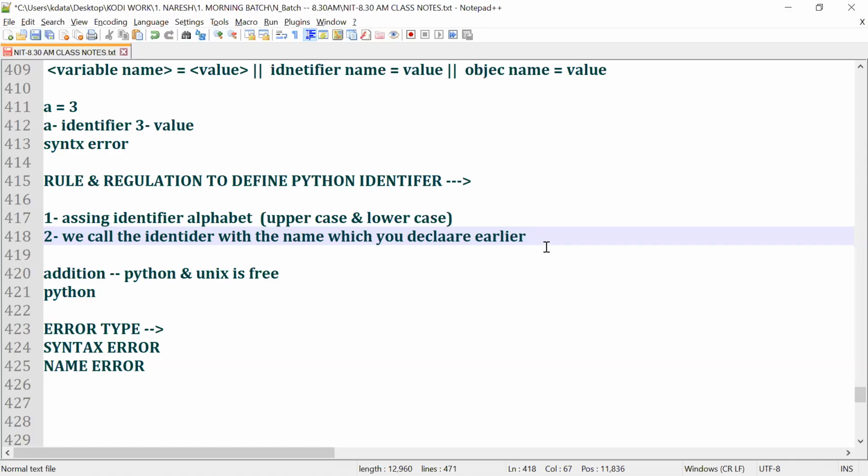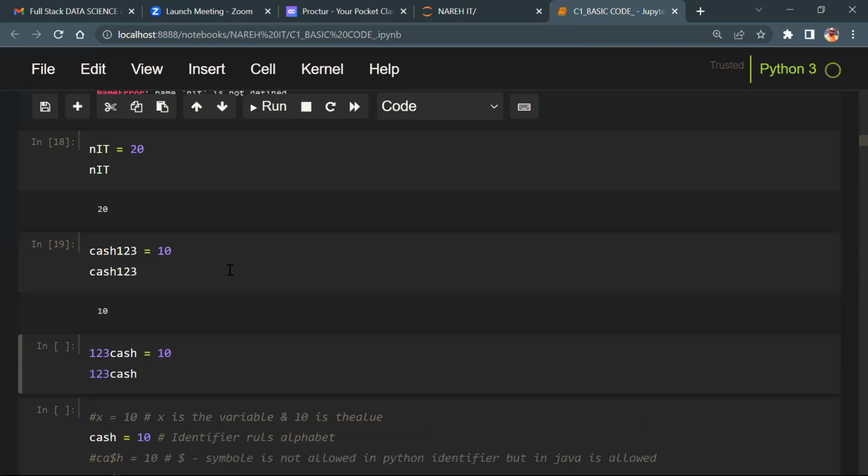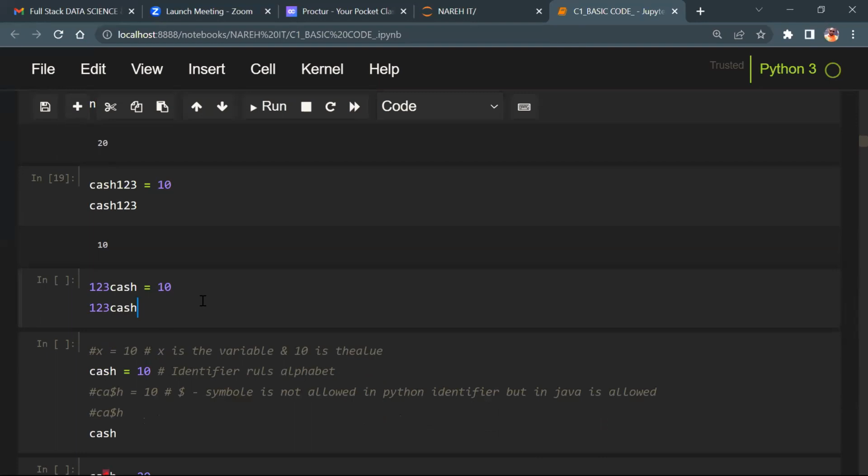Now the first rule and second rule are clear. Let's go to the third one. Let's say cache123 is equal to 10. If I execute cache123, what is the output, guys? 10. Now 123cache equals 10.